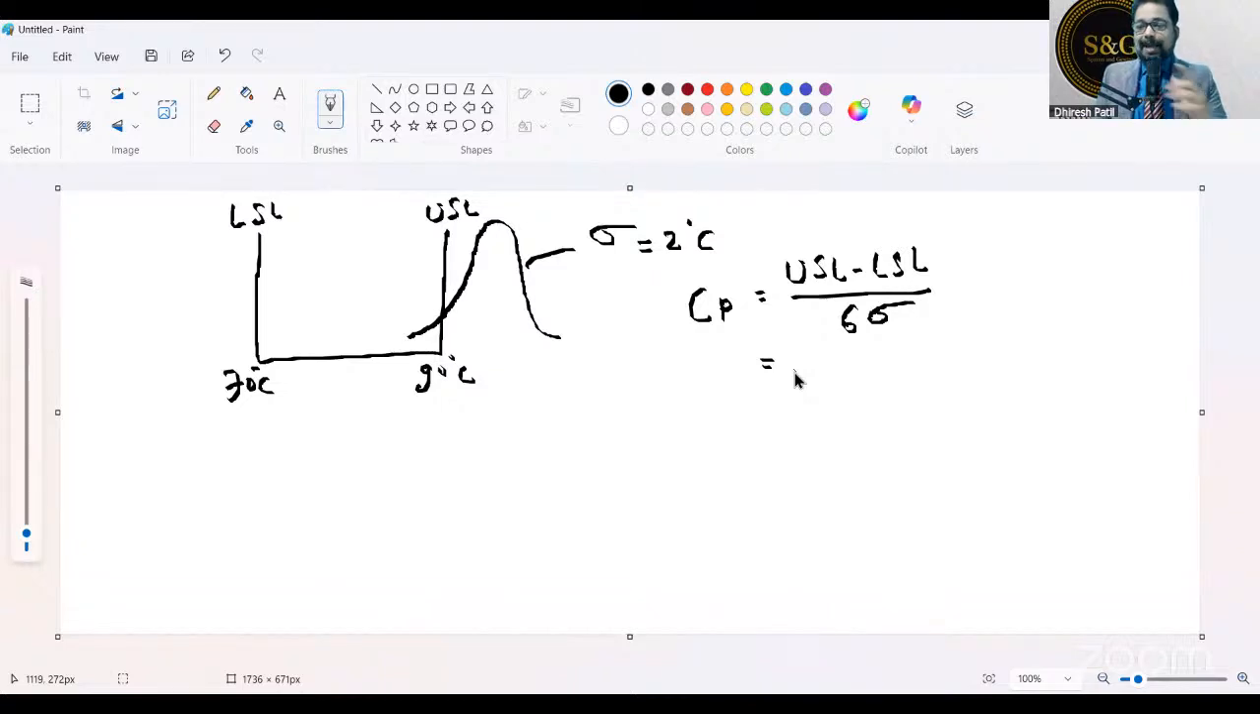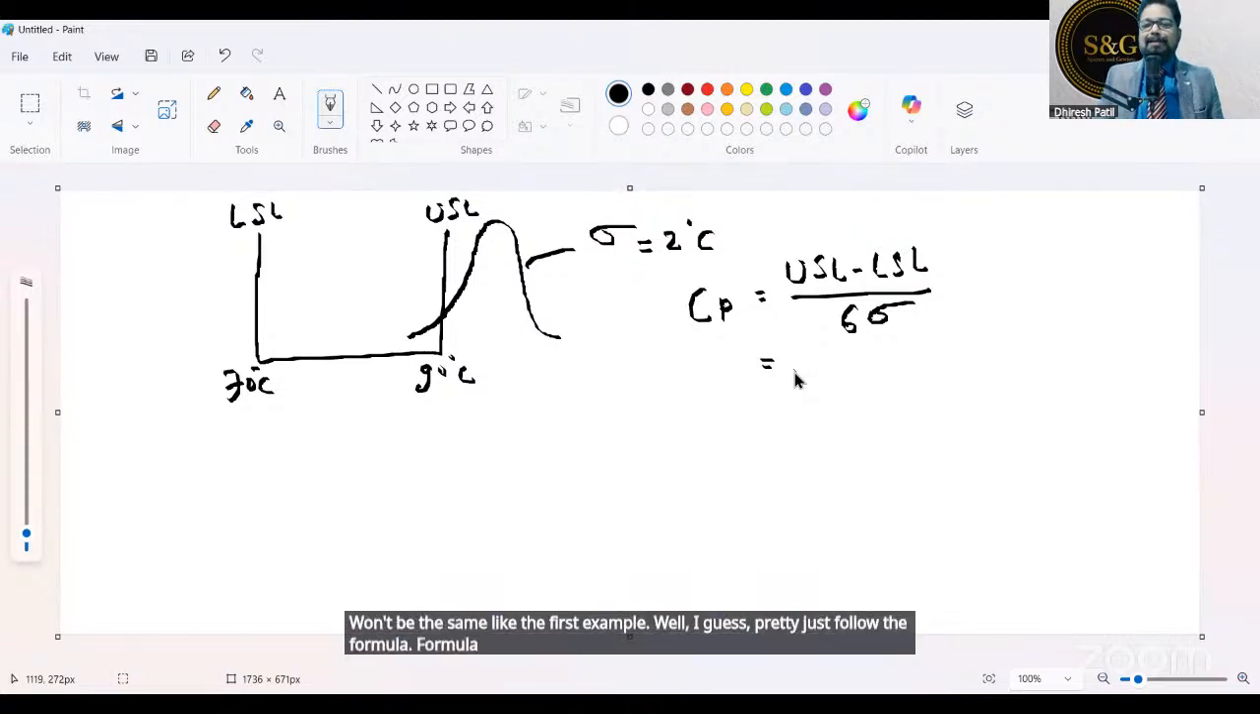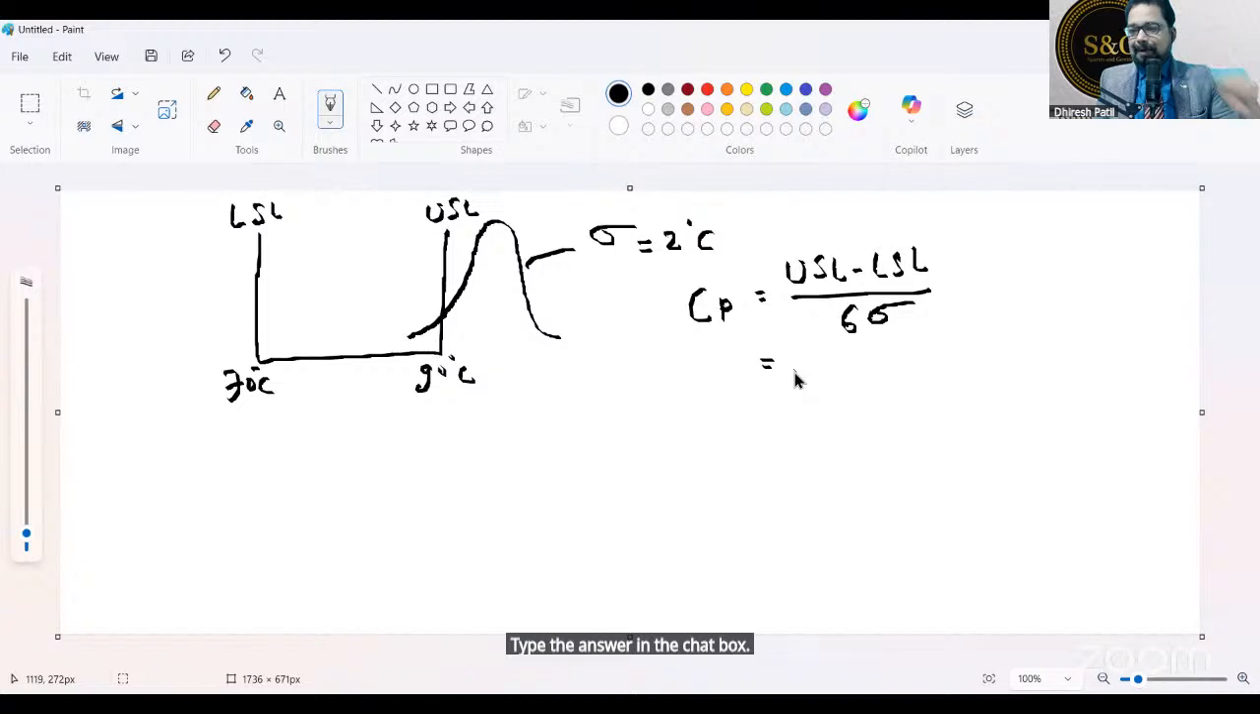It won't be the same as the first example. Why? Preeti, just follow the formula. The formula of Cp is the same. USL minus LSL. What is the number? What is the answer? Type the answer in the chat box. Okay, but you got the same answer, right? 1.66. Now my question is,